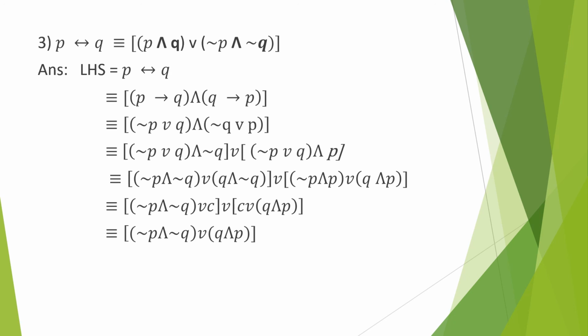But in the right hand side, we have the first bracket as P and Q and the second as negation P and negation Q. So interchange the brackets. That means we are applying the commutative property, and in the bracket also we are applying the property. That means we are writing Q and P as P and Q, and writing the first bracket as P and Q, we get P and Q, or negation P and negation Q, and that is the right hand side. So using the algebra of statements, we can prove the logical equivalence.